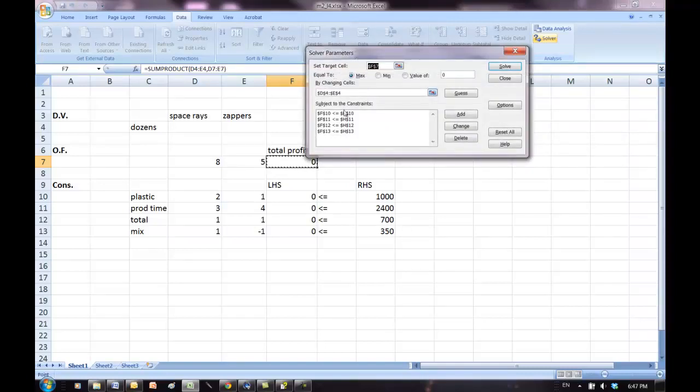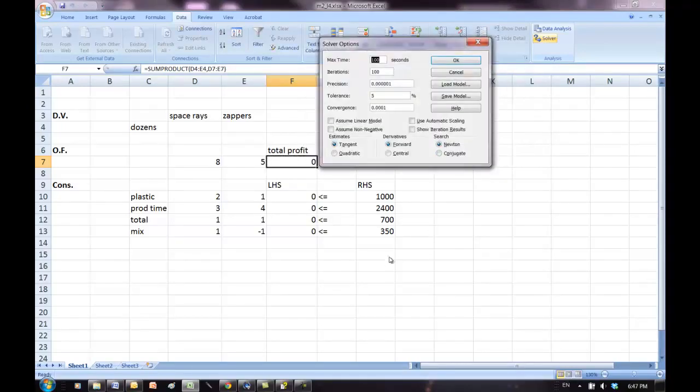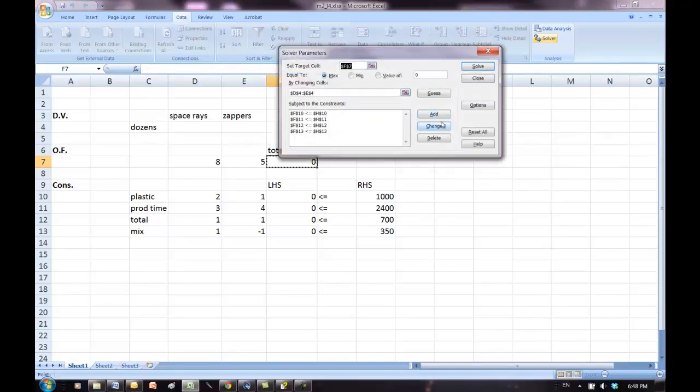And so we put all the information here, but remember, there's one thing we haven't put in yet, which is the non-negativity requirements. So we'll click on Options. We'll leave these as is. We need to click 2 things. One, we need to assume this is a linear program, so we click on Assume Linear Model, and then we need to choose Assume Non-Negativity, and that's all we need to choose. And now it's time to just click on Solve,